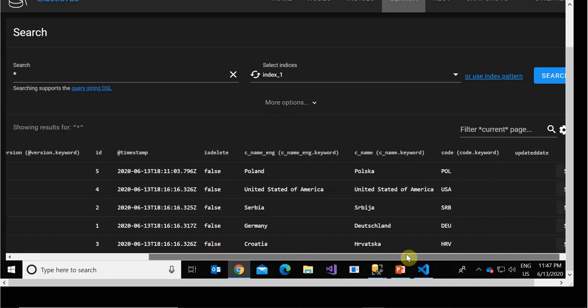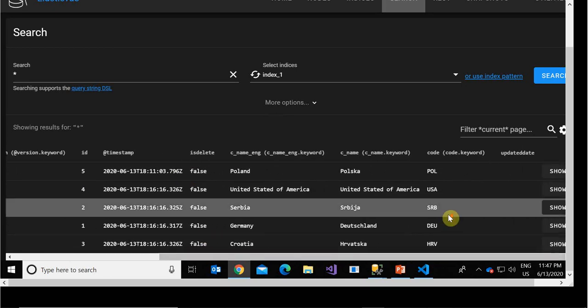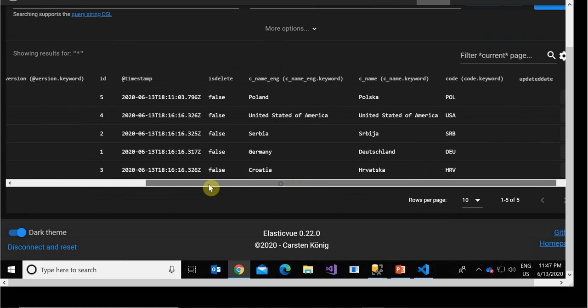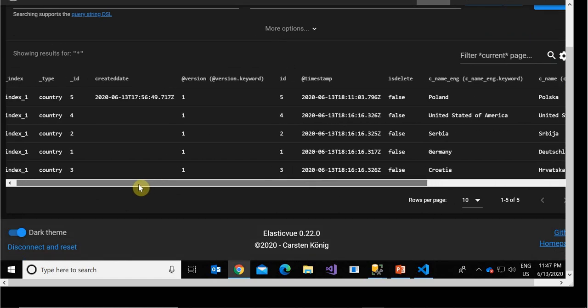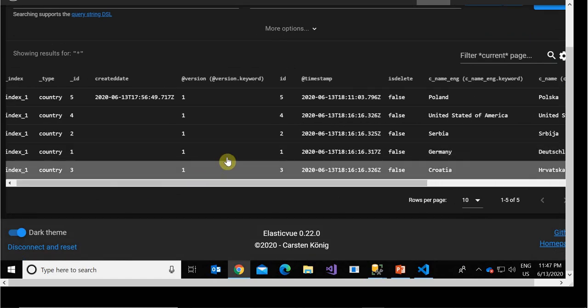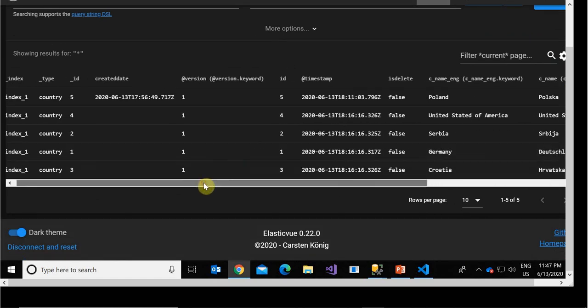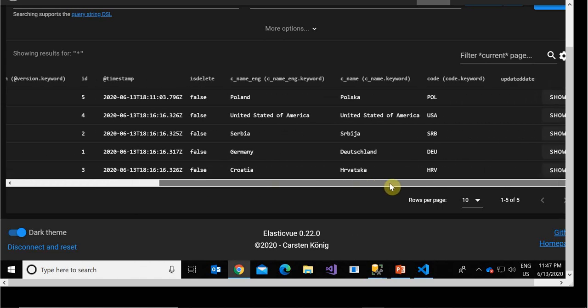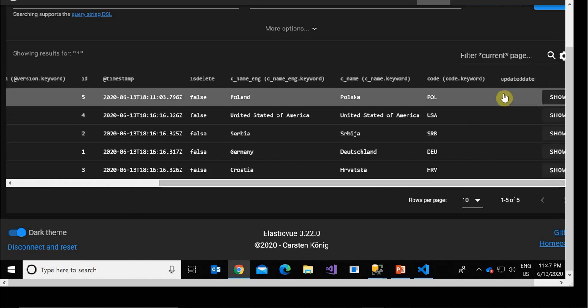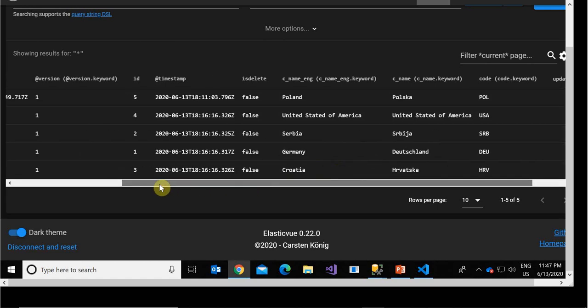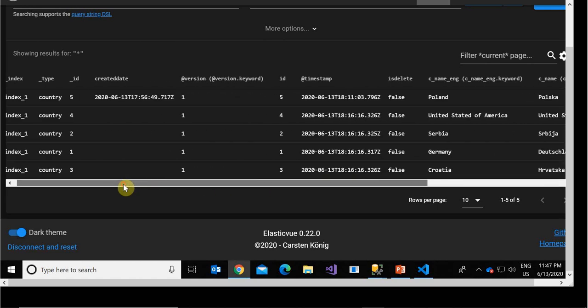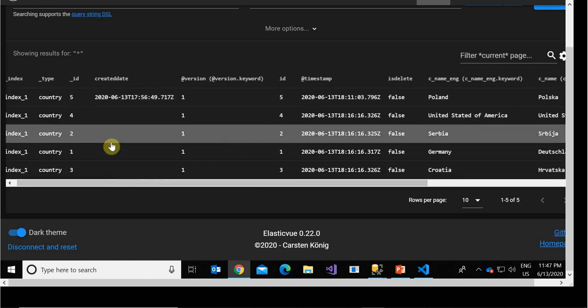I updated one record. Sorry, I deleted only; I did not update any record. So I added one more column, updated by, and because I didn't update any records, I didn't get any updated date. Here we removed the created date, right?